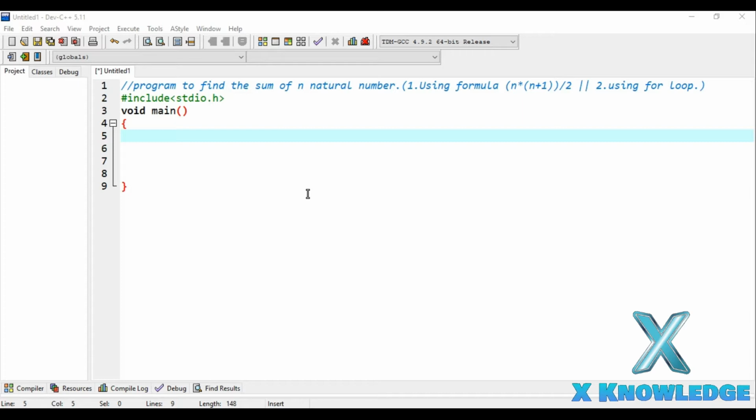In order to accept that number we will use the scanf function. That scanf function comes from the stdio.h library, and that's the reason we have included that library with the help of the preprocessor, that is hashtag include. We have also defined the main function, because the execution of the C program starts from the main function onwards, and we have given the return type as void